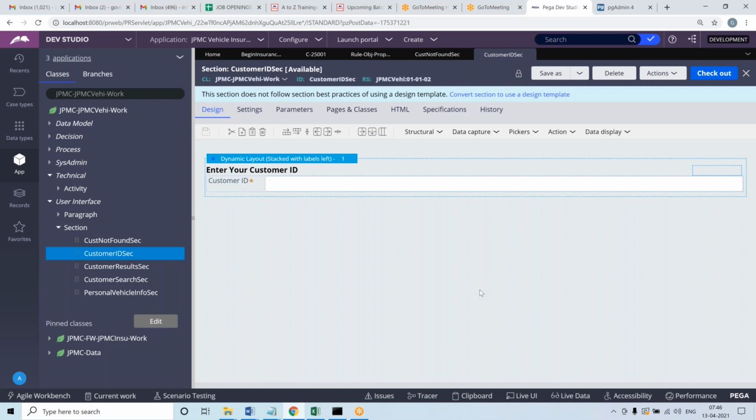Everyone should ping me in the chat window. Why did you learn all this? You are trying to understand the design of Pega. You are trying to understand the design of Pega.